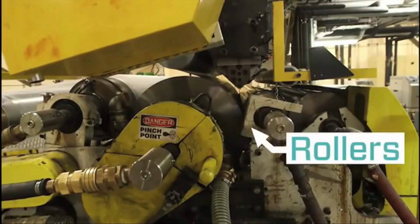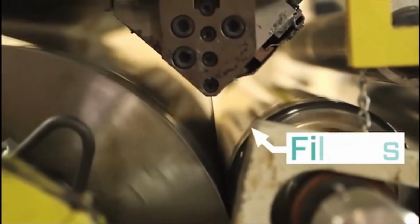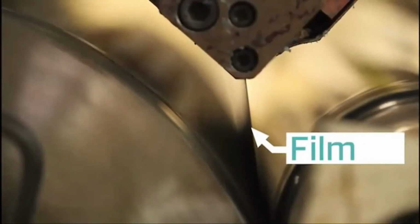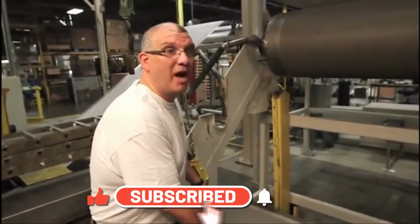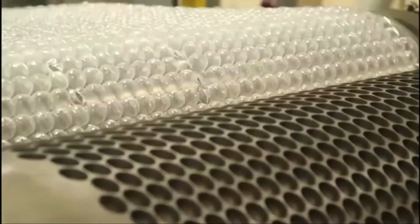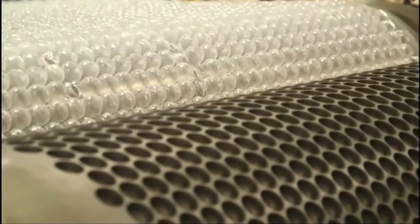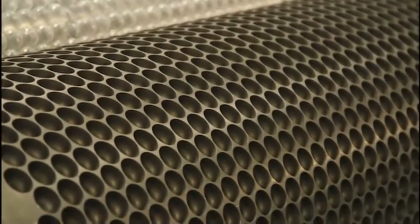The film itself carries through a series of rollers, and then as we get the thickness that we desire, it travels over a cylinder where we vacuum the film down and then trap the air. This is the cylinder that forms the bubble. If you see this, there are little holes where we vacuum the plastic to form the shape of the bubble and the size that our customers